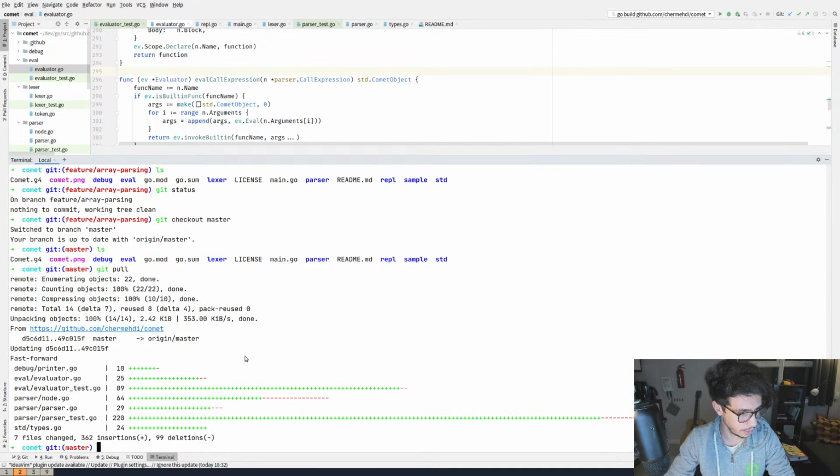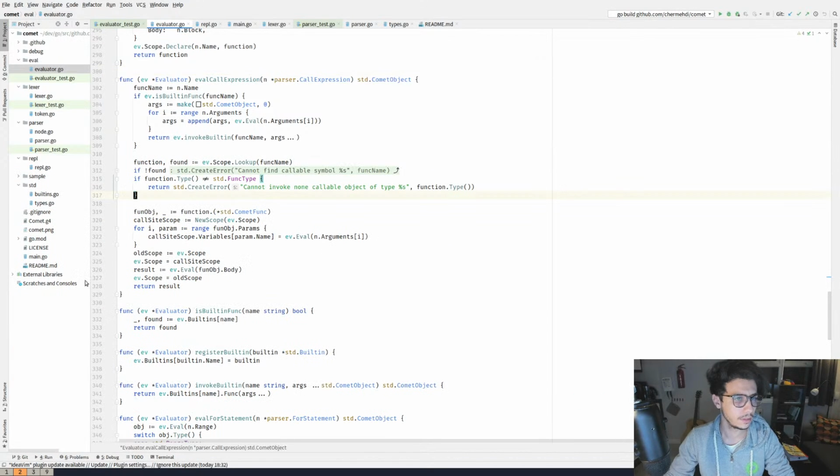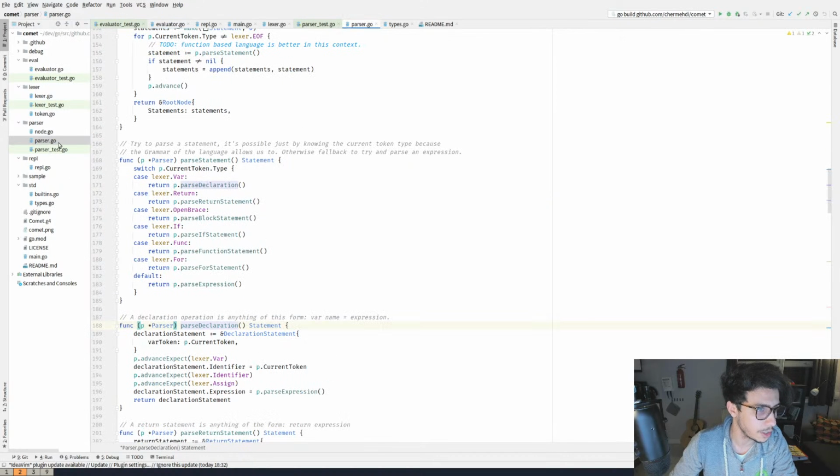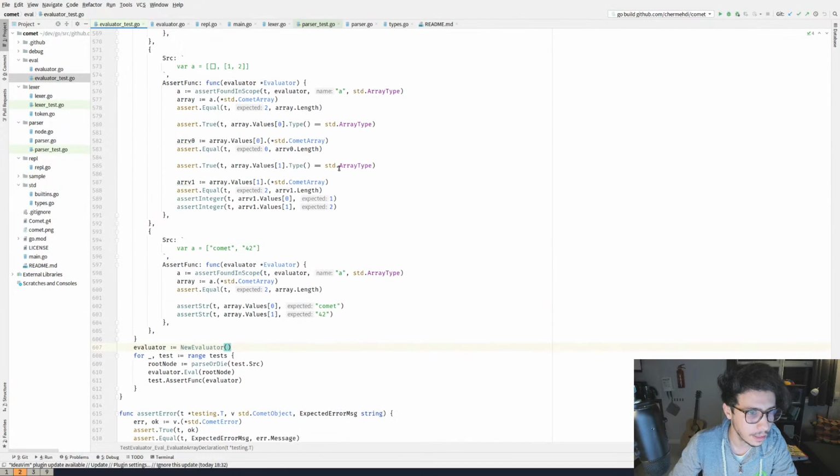So I pulled in the changes that were pushed into master, and we'll probably need to create a new branch today for array access. All right, let me remember what we did last time. Last time we did parse array expressions, so I'm going to read the last tests that we added.